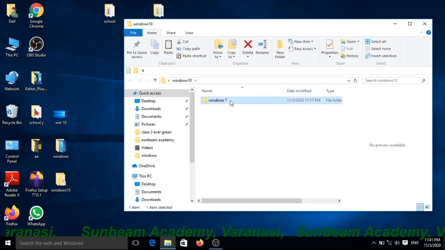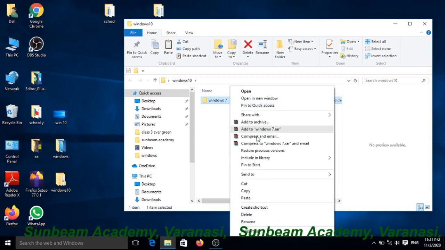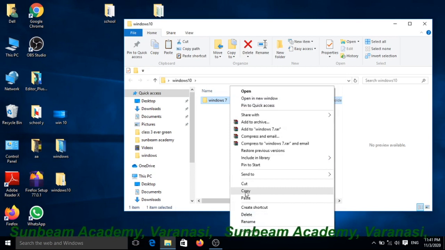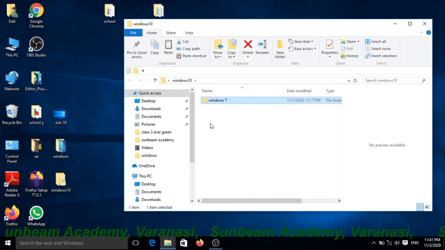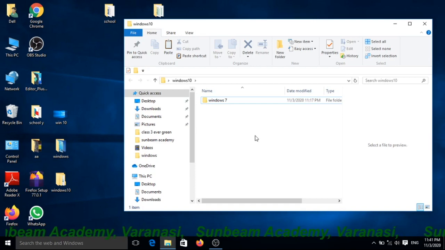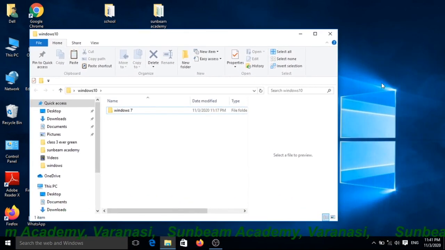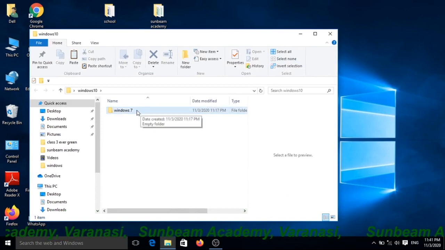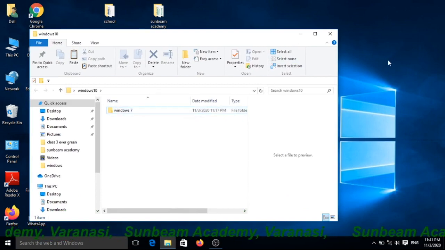Select this folder to copy. Right click, choose the copy option, and choose the empty area where you want to paste. Suppose I want to paste this folder here. Here you have to copy and then paste here.